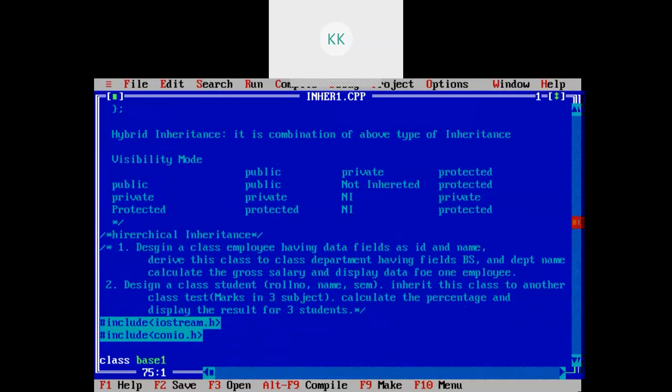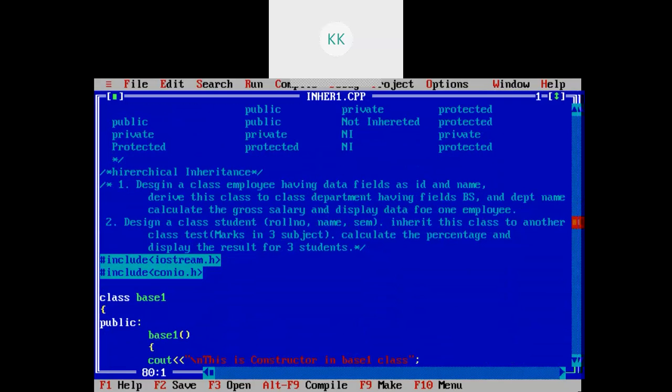So we have seen some examples. We have seen how the constructor and destructor behave in inheritance. If you have a constructor in both base class and derived class, then first the constructor in the base class will be called, then the constructor in the derived class, and destructors are called in the reverse fashion.